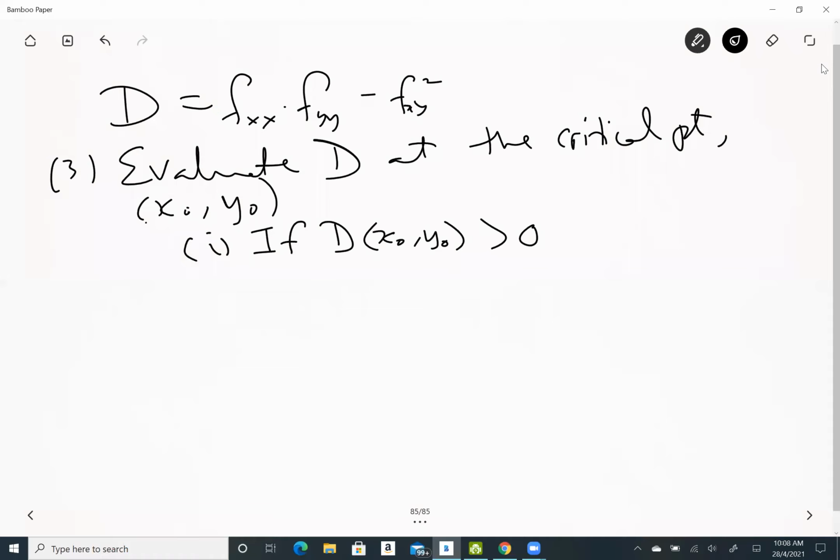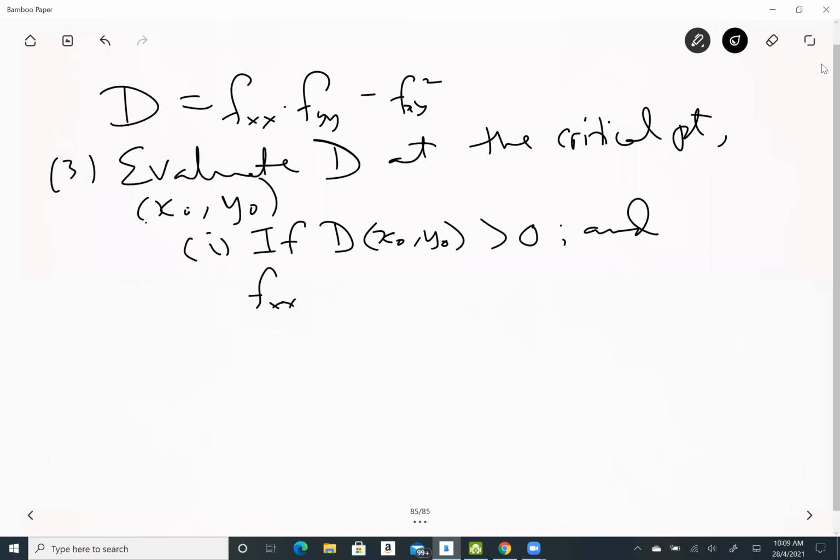Okay, now when that D is positive, you have a case for maximum or minimum. Okay, all right. So let's look at the test. I just want to check that D. If the D is bigger than 0, we need to do this. All right. So if the D is bigger than 0, and